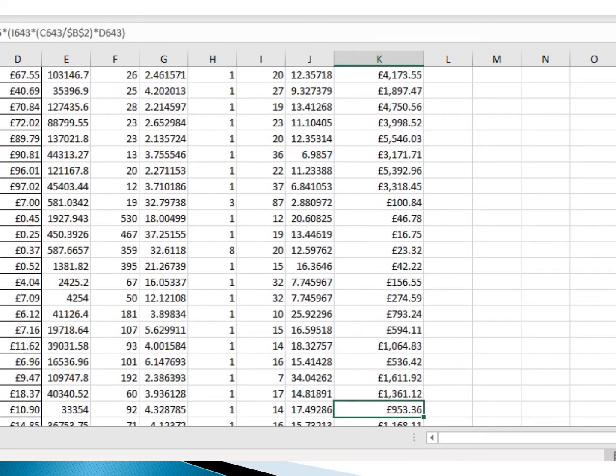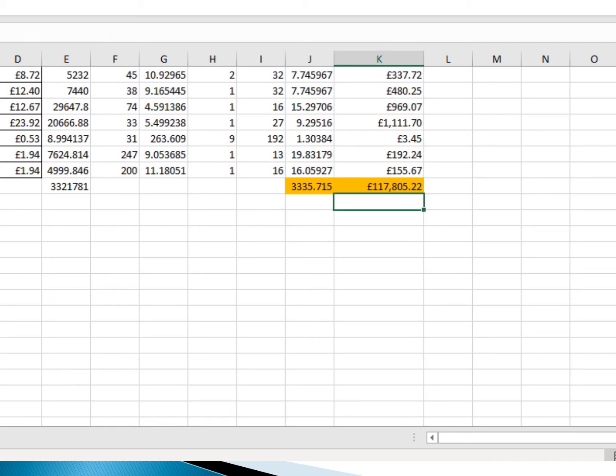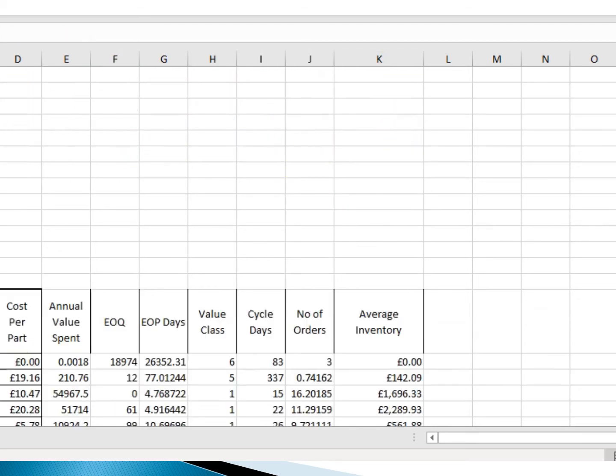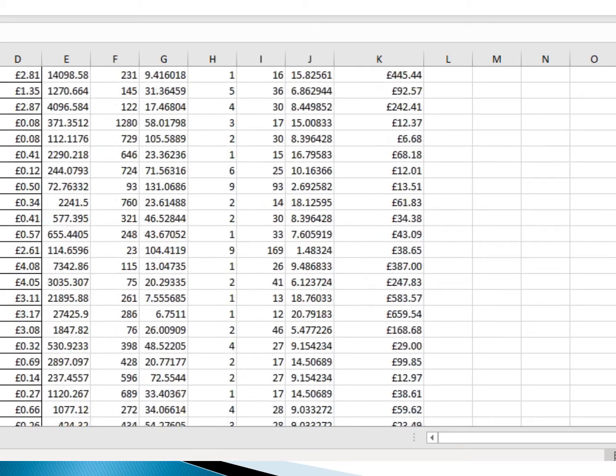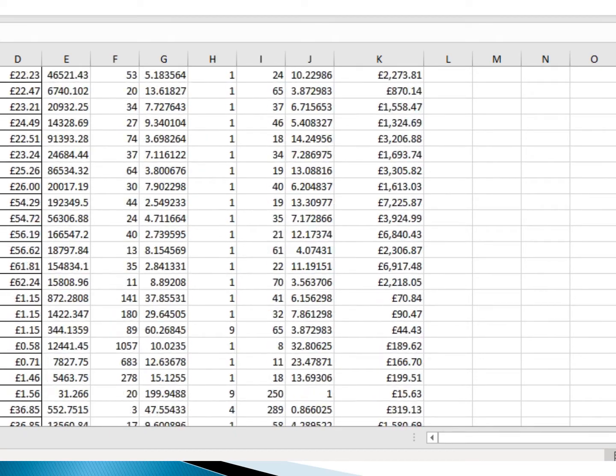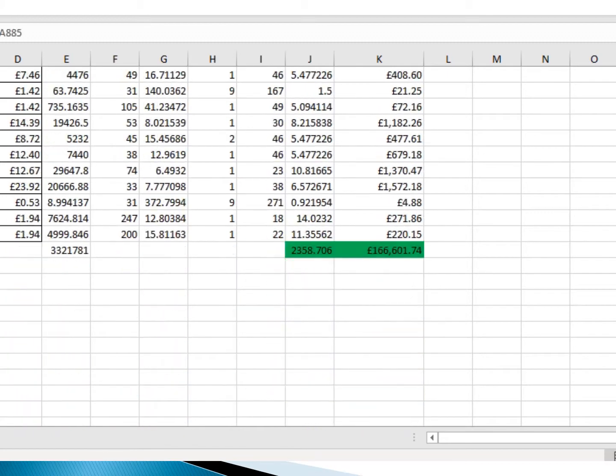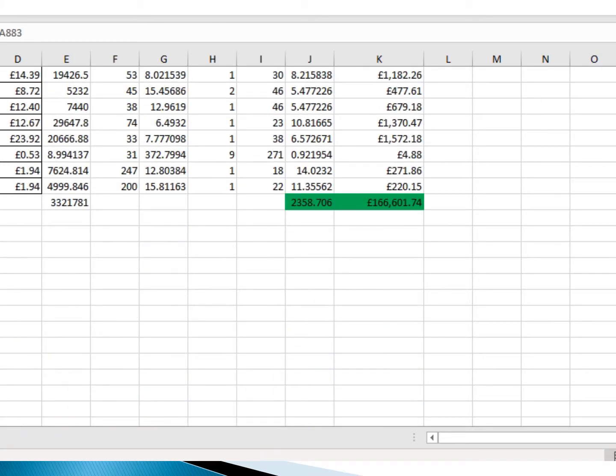As we can see at the end, this is highlighted for constant 10, and this is the total number of orders for the 200 parts, and this is the inventory for the 200 parts, the same as for constant K20 and constant K30. We will get different values of the number of inventory.